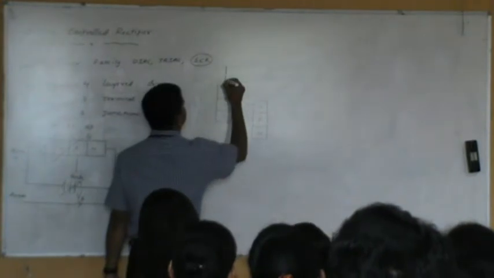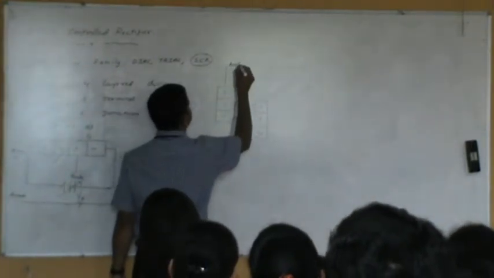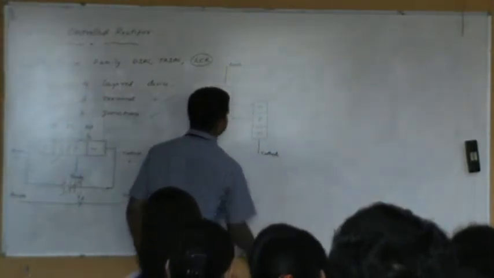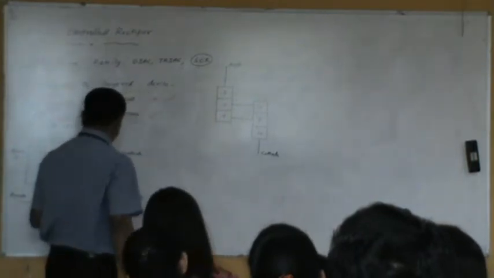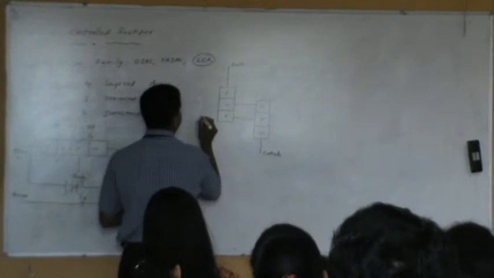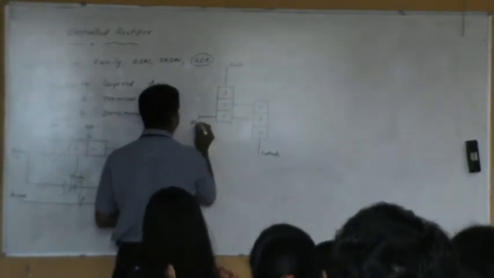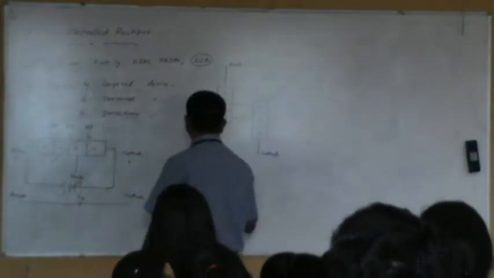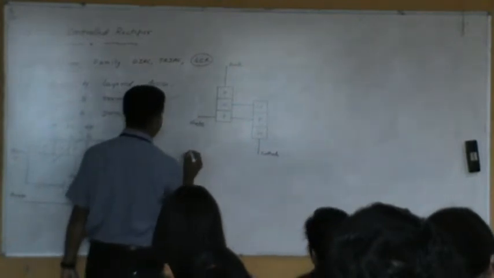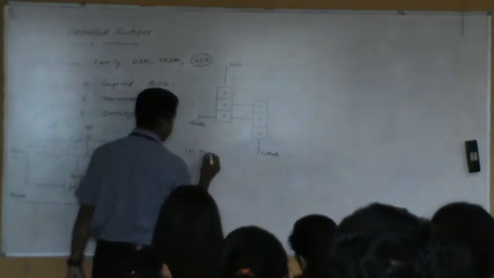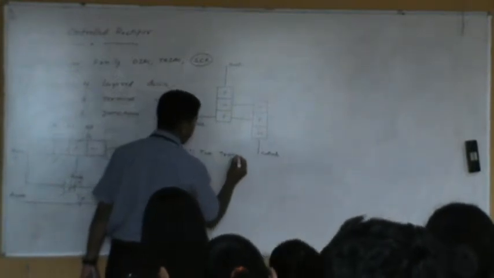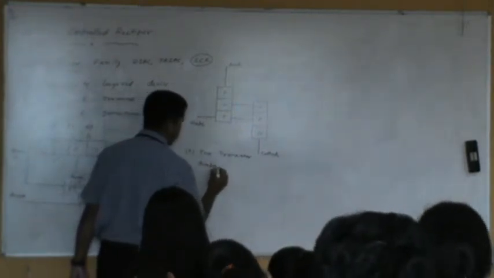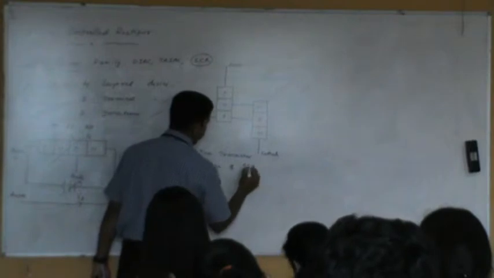And this is going to be my anode, and this point is going to be the cathode. That's going to be the interconnection, and this particular point will be the gate. So this analogy is nothing but a two transistor analogy of an SCR. Let me refer to this as figure A: two transistor analogy of silicon controlled rectifier.